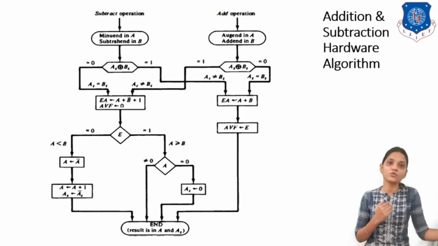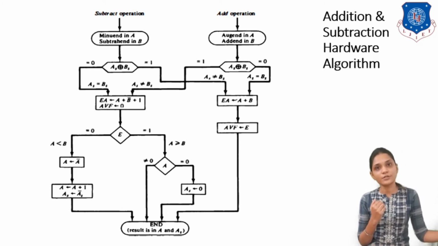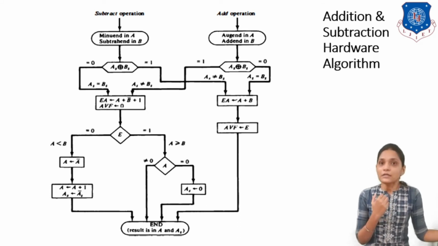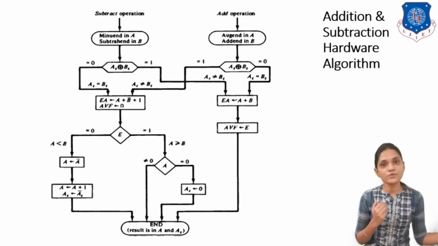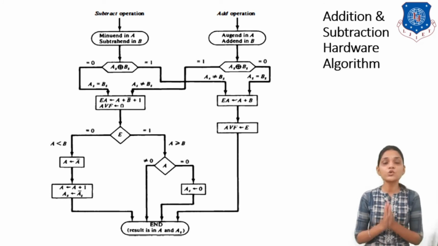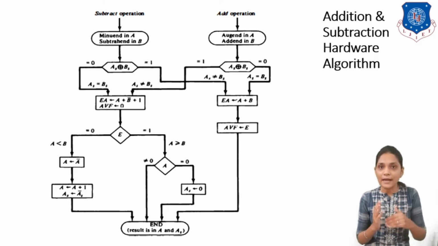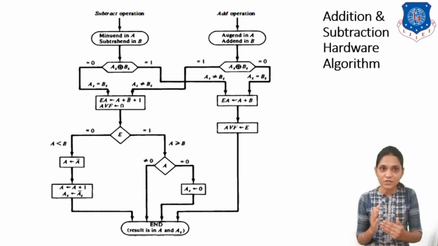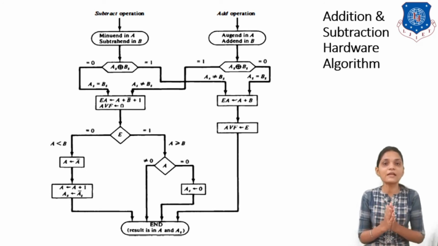And in addition, you will do the same task with whatever you have used for adding. And for subtraction, you will do the same task for this. For subtraction, we are using the 2's complement method. In the 2's complement method, after adding the 2's complement of the subtrahend, if carry is generated, then your number is